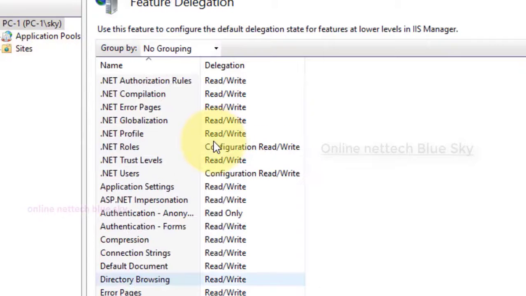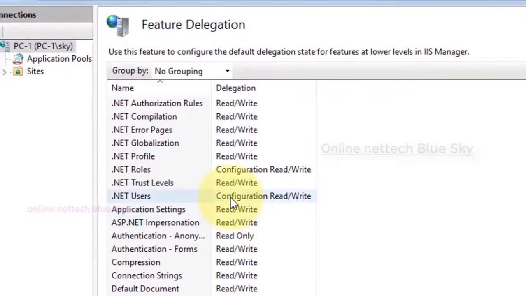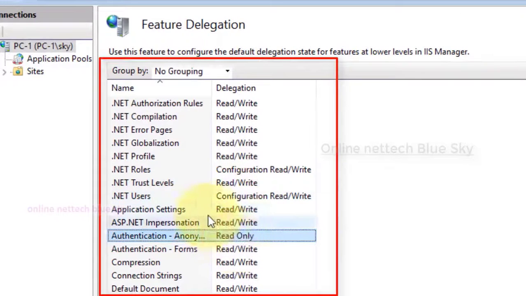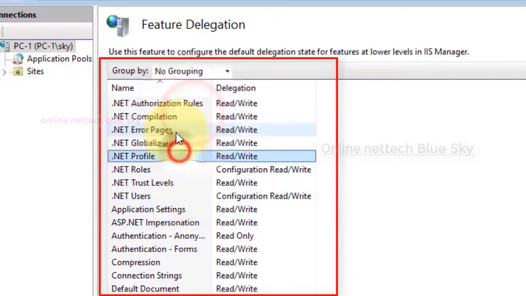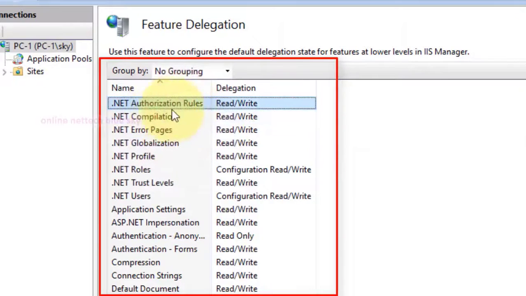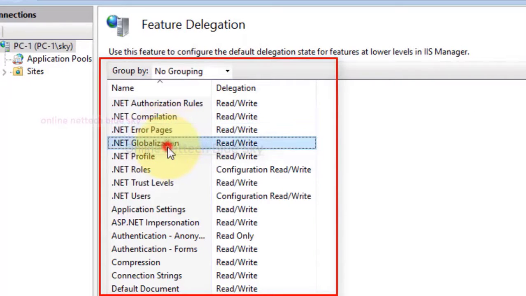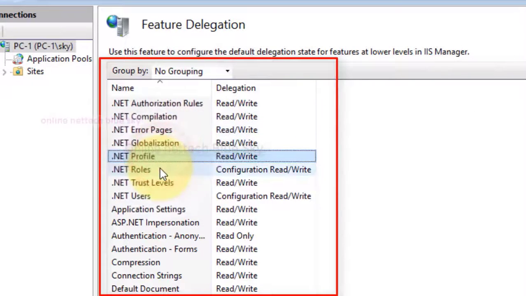With this feature, you configure your default delegation state for features and lower-level IIS Manager. Lower level means your security level is very high, so you can set a low level here, or you can set high-level features here.